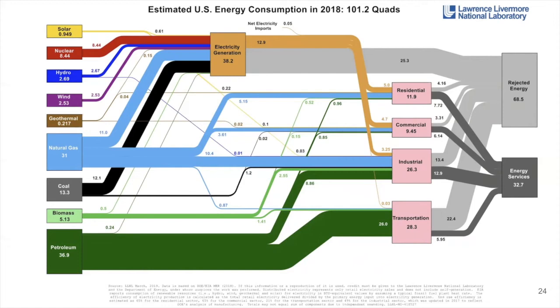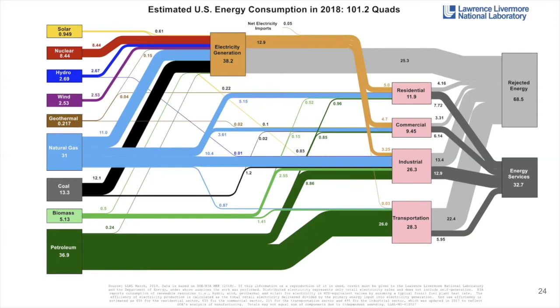So for example, natural gas we can either use to generate electricity, or we can consume it in households directly for cooking and heating. And that electricity, of course, goes back into the end-use consuming sectors. And what is indicated in light gray here is the rejected energy. This is all of the energy that has not been used productively. And the dark gray indicates the energy that's actually used to generate services.